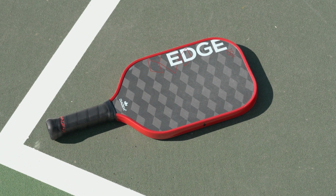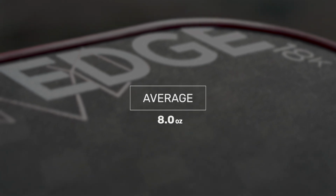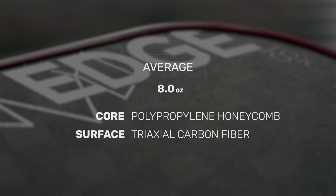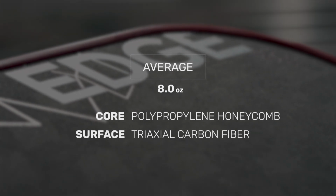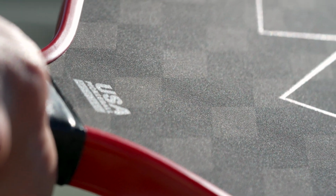Continuing to push the envelope on the pickleball court, Diadem updates the Warrior Edge with a brand new hitting surface, while the rest of the specs remain the same. The Warrior Edge 18K features an average weight of 8 ounces and is built with a polypropylene honeycomb core and a unique triaxial carbon fiber surface, consisting of 3 yarns interwoven into a 60-degree angle for incredible spin potential and